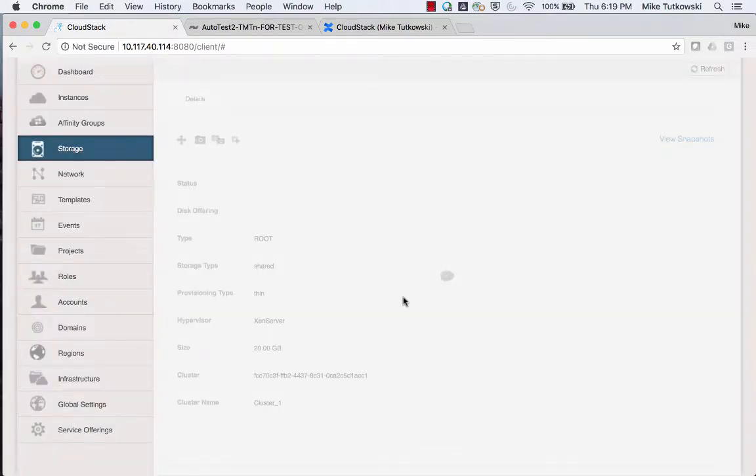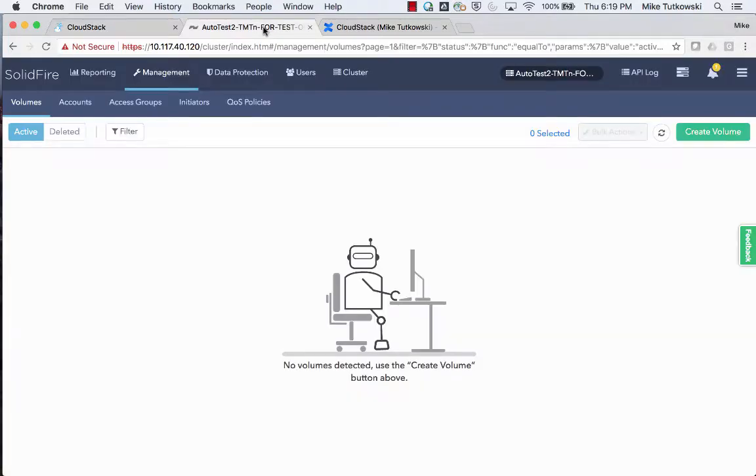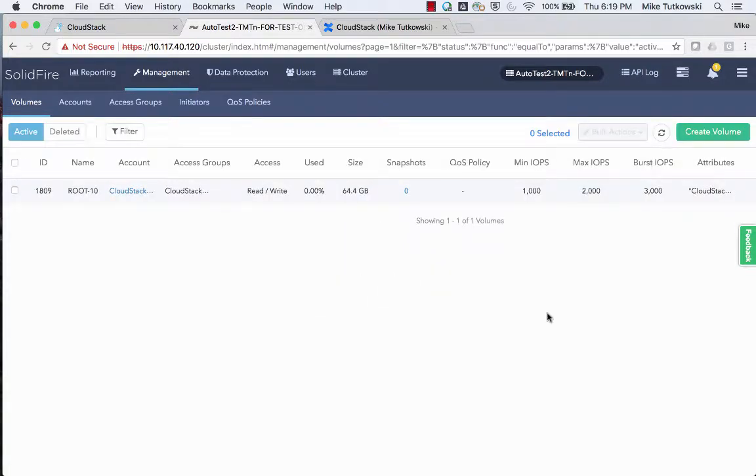So what's going on here is, let's go over to the SolidFire GUI. We can see this directly. I'll click on that tab. Now we're inside of the SolidFire graphical interface. We're on its volumes tab, in particular its active volumes tab. This is an old view. I don't have any volumes. It's a brand new SolidFire cluster. I'm going to hit the refresh button here, and we can see in a moment we have a new SolidFire volume